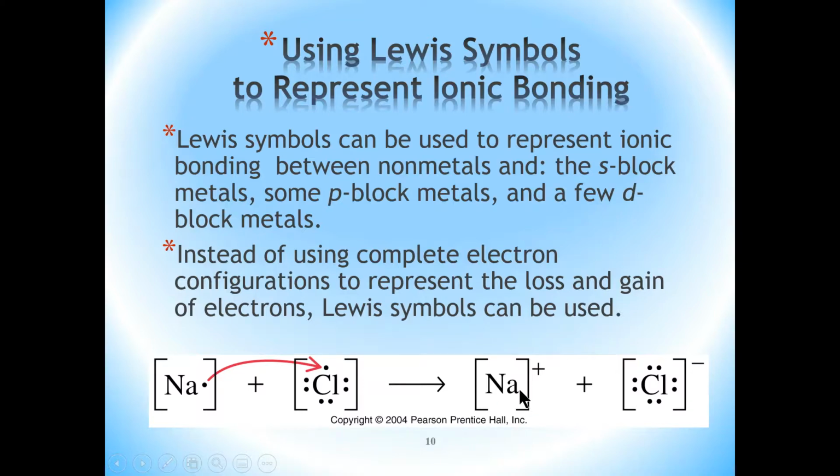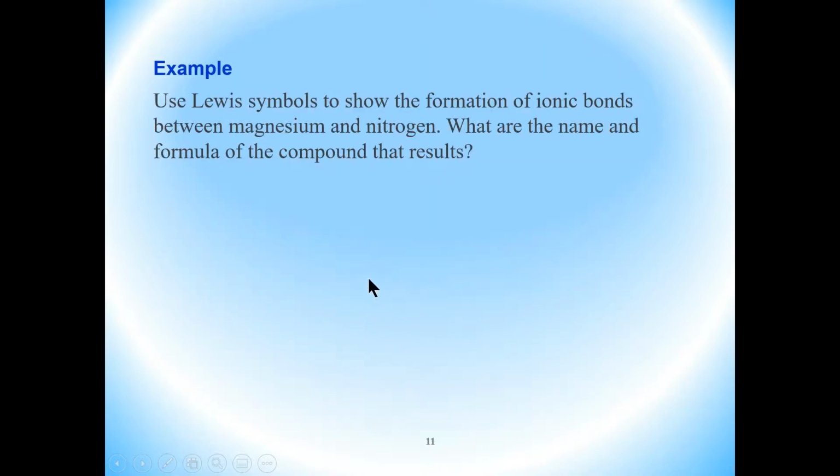Remember, the Lewis symbols only show the valence electrons. So that's why you don't see the 8 electrons in the sodium ion explicitly shown here, right? So this is what we call the ion pair, the sodium and the chloride ion together forming the ion pair. So that's a simple example. Let's look at a more complex example. So the question is asking here in this example